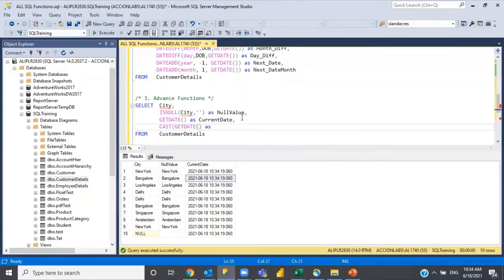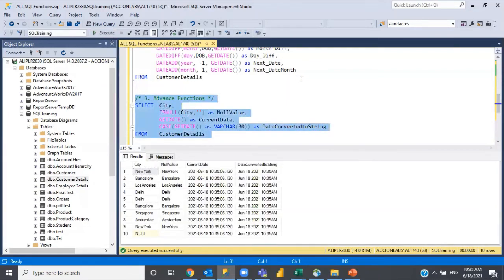GETDATE as character, date converted to string. You see here, if there is any requirement to convert from one data type to another data type, you need to use the CAST function.